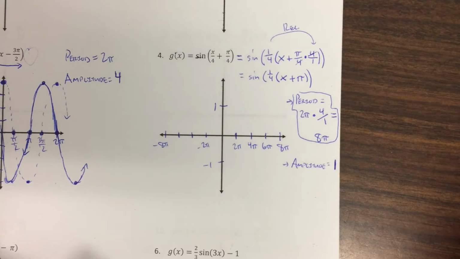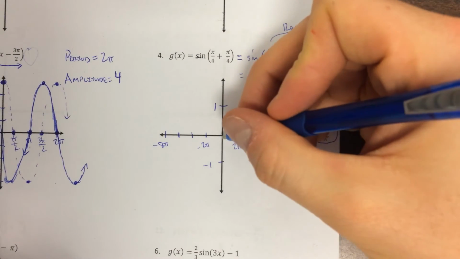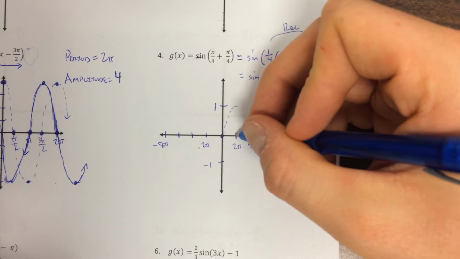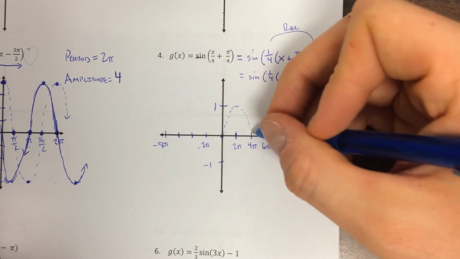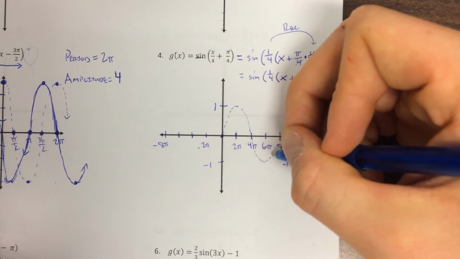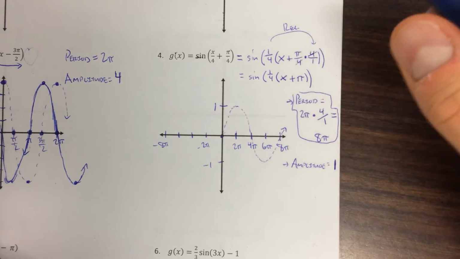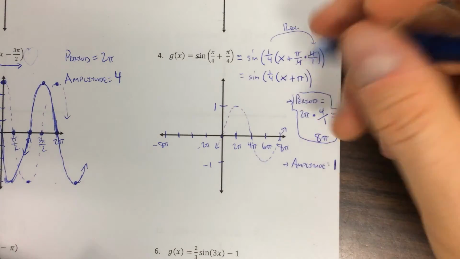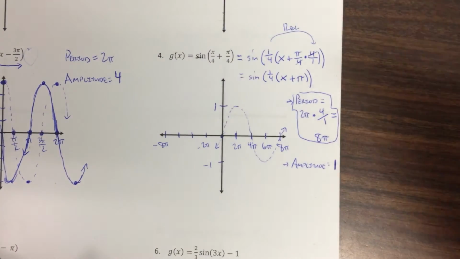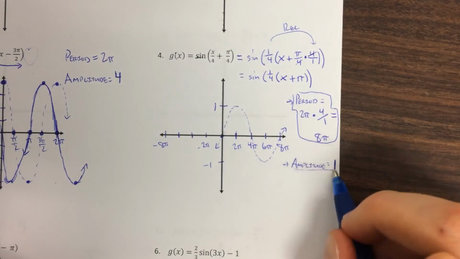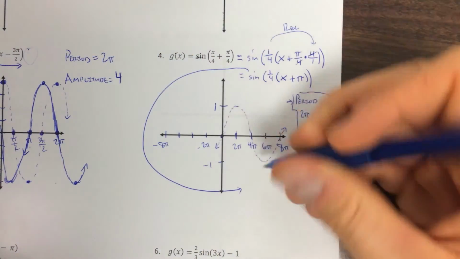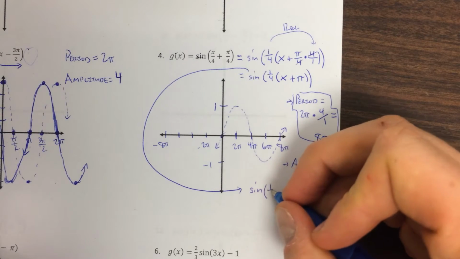So now let's look at the sine parent function. Basically, we're doing the same parent function on here, just our scale is different. We quote unquote start at 0, go up to 1 at this next tick mark, go down to 0, up to 1, or down to negative 1, up to 0. Okay? Just the scaling is different, so we need to be careful there. So we've taken care of our period and our amplitude. Now I'm going to bring this sine over here. We have sine